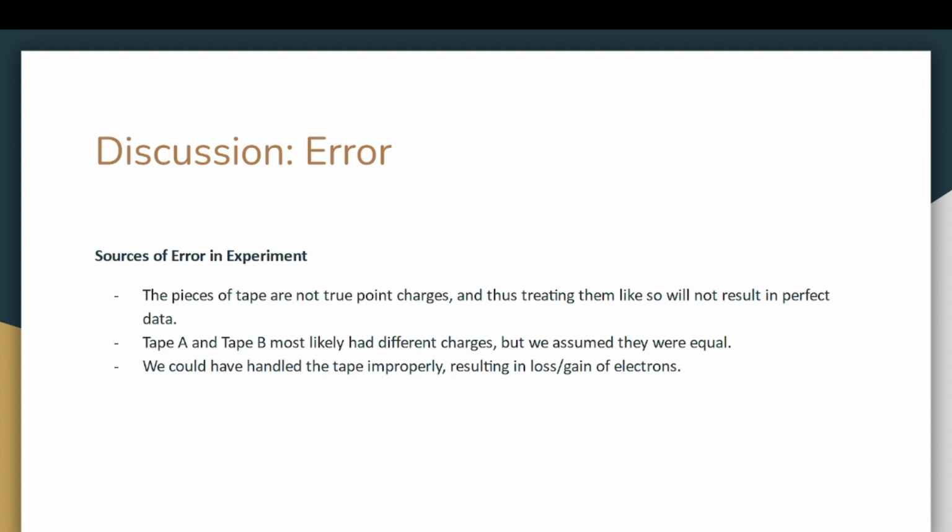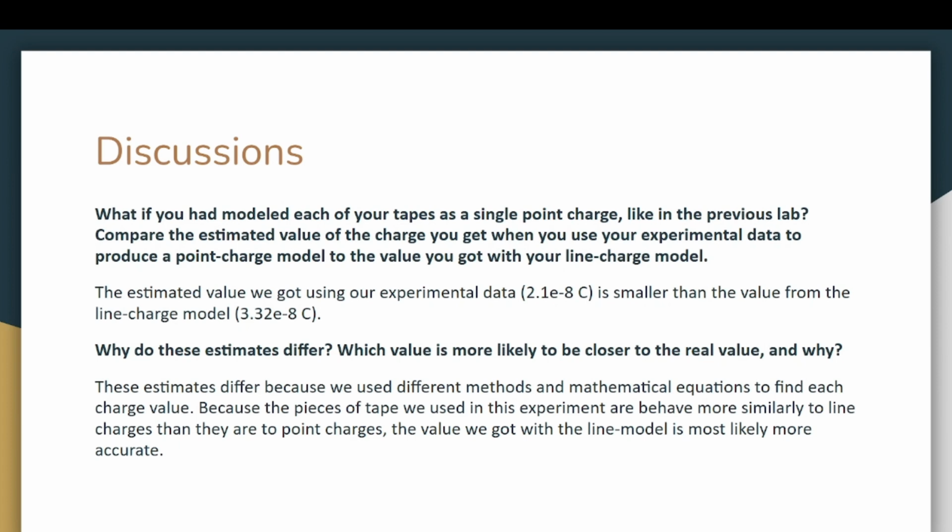So error in this experiment, since the pieces of tape are not true point charges or line charges, we can't really treat them as such and expect perfect results. They also most likely had different charges, but we assumed that they were equal. And then we also could have handled the tape improperly, which would have resulted in a loss or gain of electrons. So what if we had modeled each of our tapes as a single point charge like in the previous